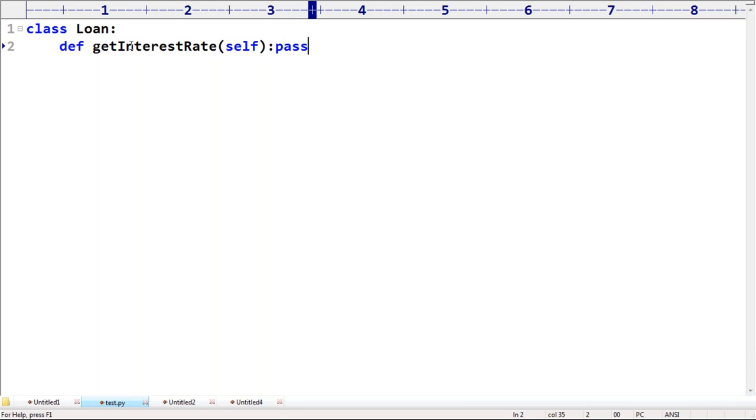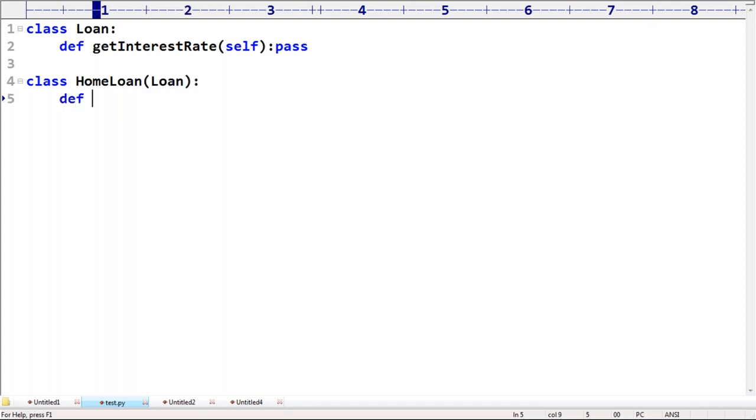Again, simply we are going to use the word pass. That's all. So you are declaring a method, but you are not in a position to provide implementation. If you don't know the implementation, simply declare that method with pass. Okay. Tomorrow I'm writing the class HomeLoan. Don't worry about the syntactical things. Concentrate only on theoretical things, because to reach this level another 1 month will be required. Class HomeLoan. Now it is the child of Loan.